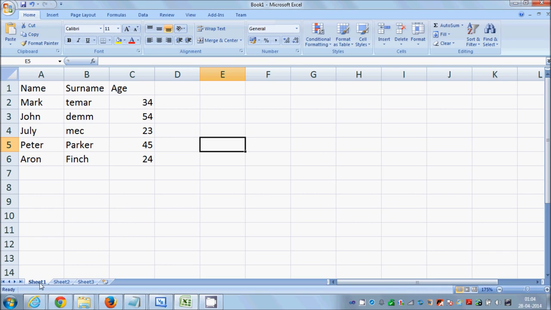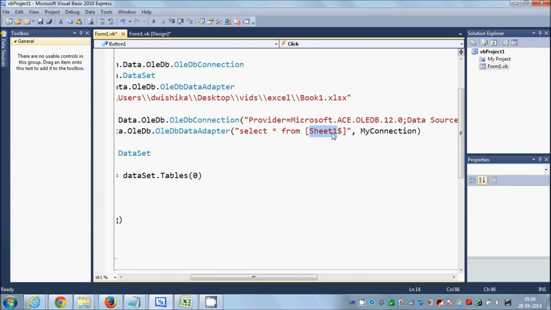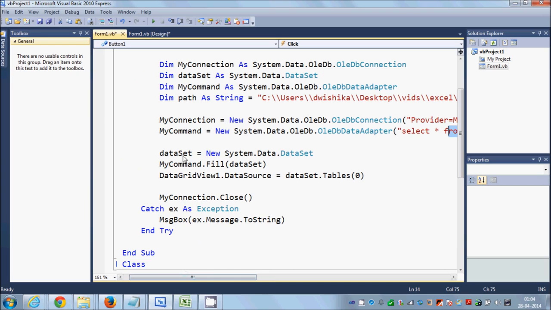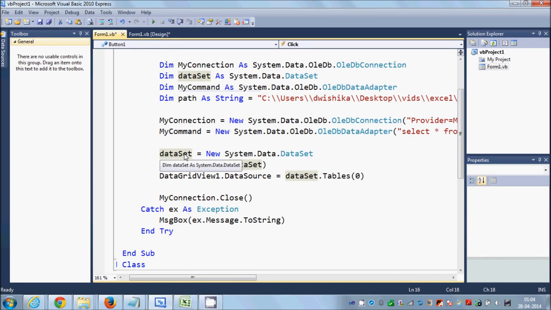So just copy the name sheet 1 and just write it here, sheet 1, and then just give this dollar sign right here. Okay, so just write this code here, and in the next line just copy this dataset variable is